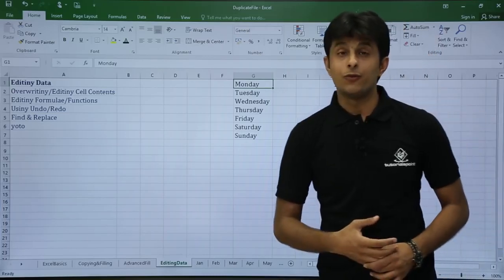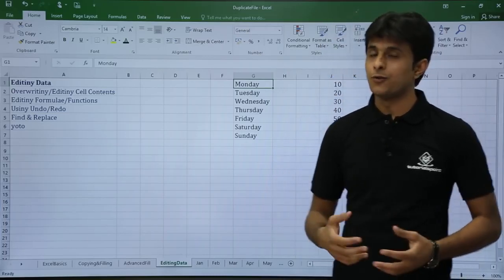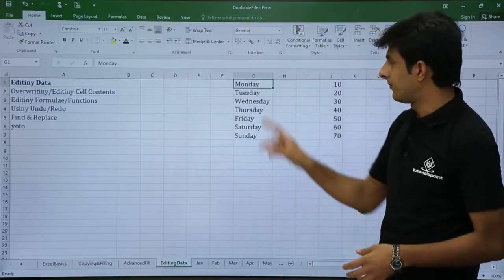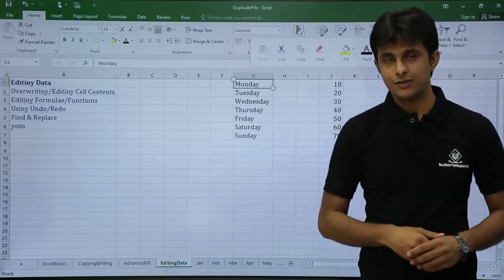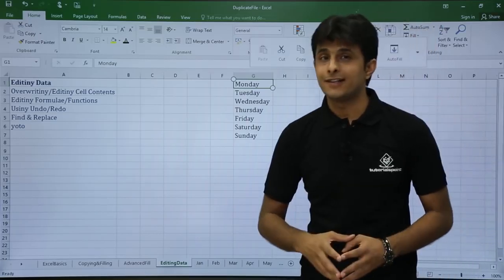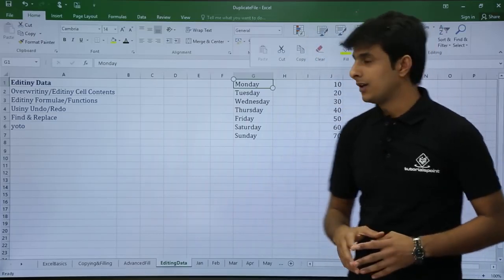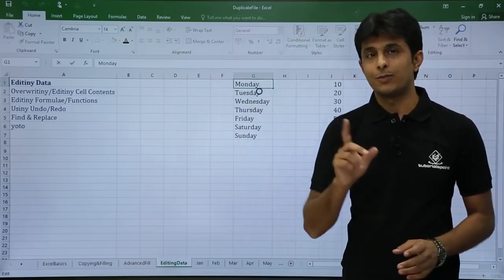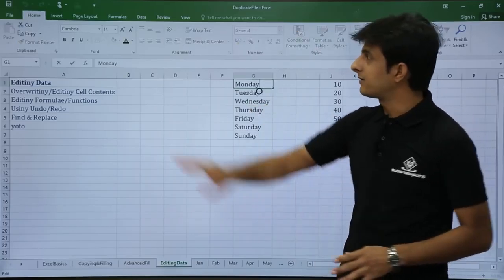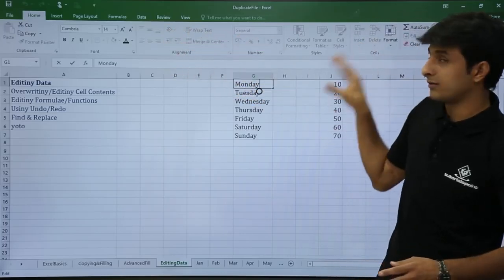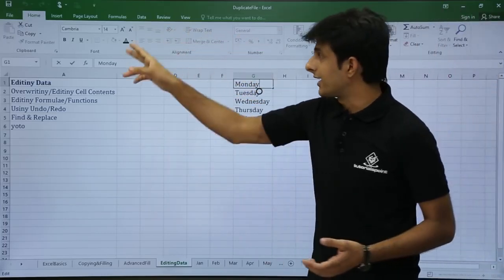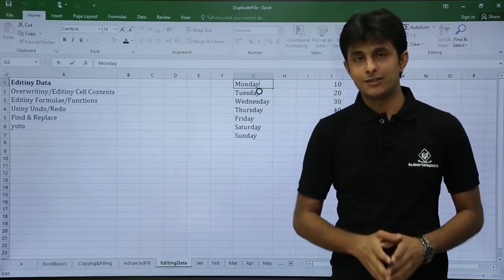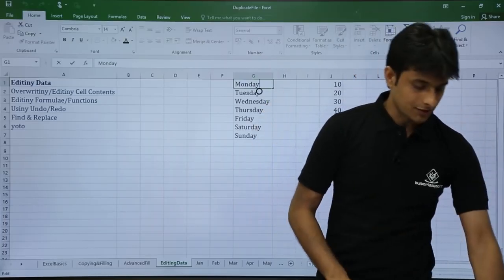Next, if you want to overwrite data or edit a cell, how do you do that? For example, I have this cell Monday in this text. Now if I want to edit the text, what do I do? By using a mouse, I can just double click on the cell and the cursor blinks. The moment the cursor blinks, this area will be grayed out, which means you cannot use either of these functions. So in this Monday, I have double clicked and the cursor is working on that. So I can just type here